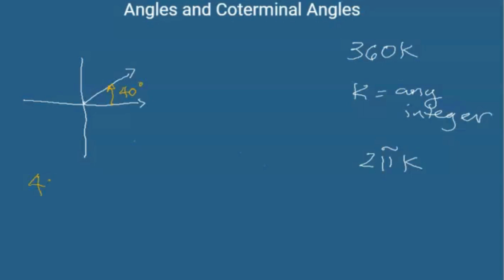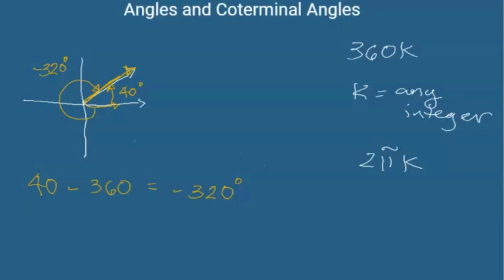So we have 40 minus 360 is equal to negative 320 degrees. So how is that? So it means from this initial side, clockwise direction, and this is the negative 320 degrees,